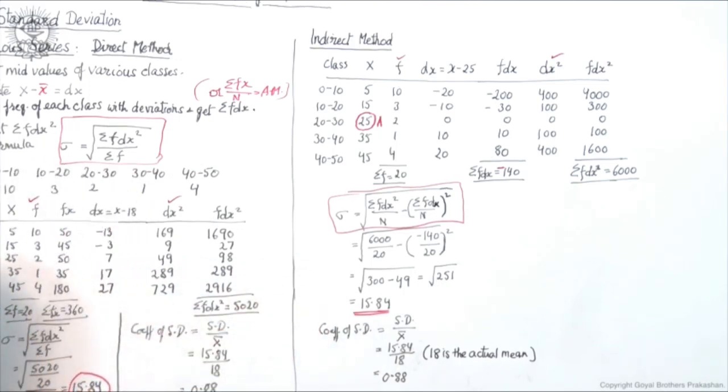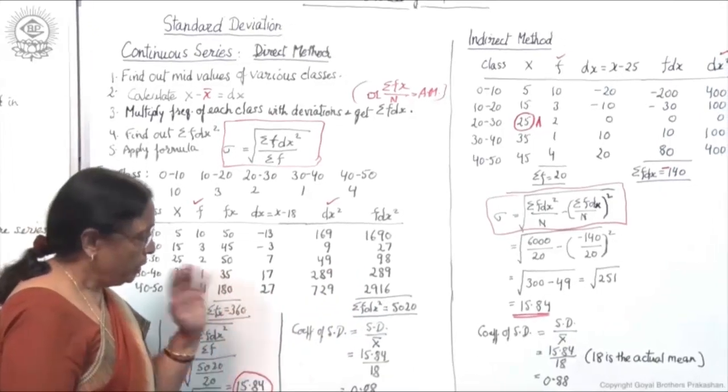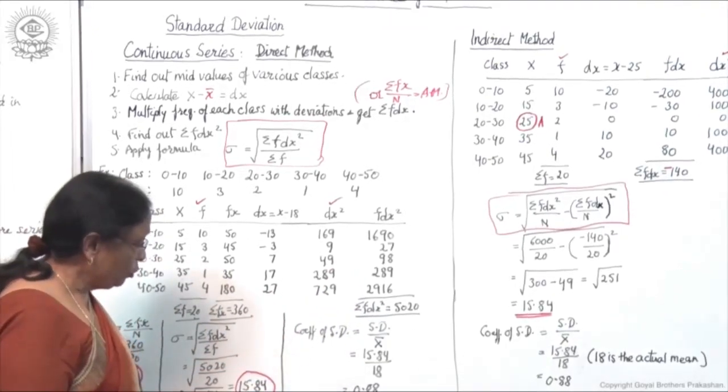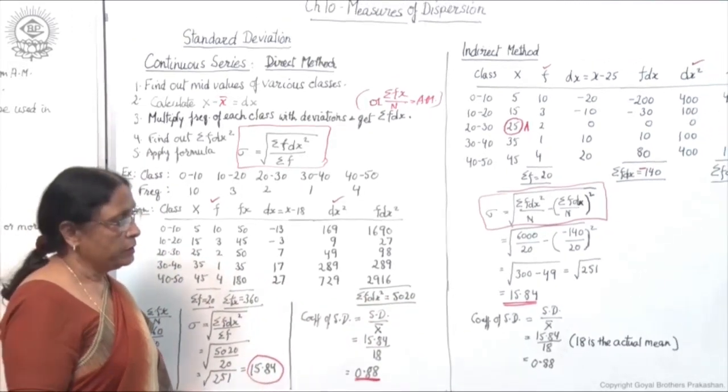same as you got it here. In the previous example, because we have taken the same example, so 15.84 and 15.84 is the answer,